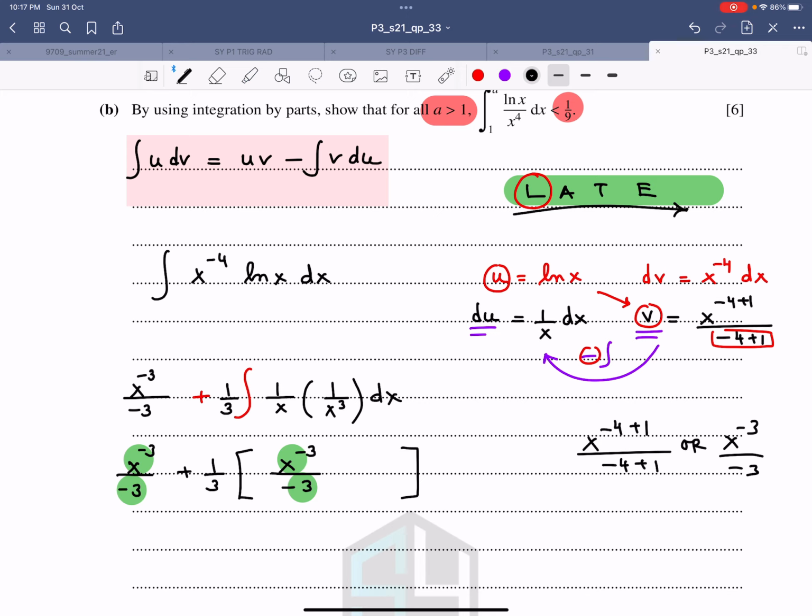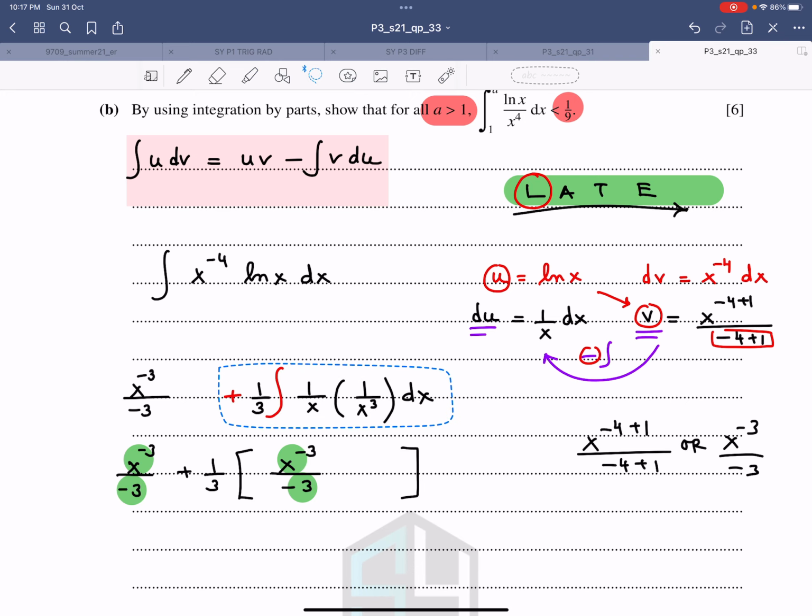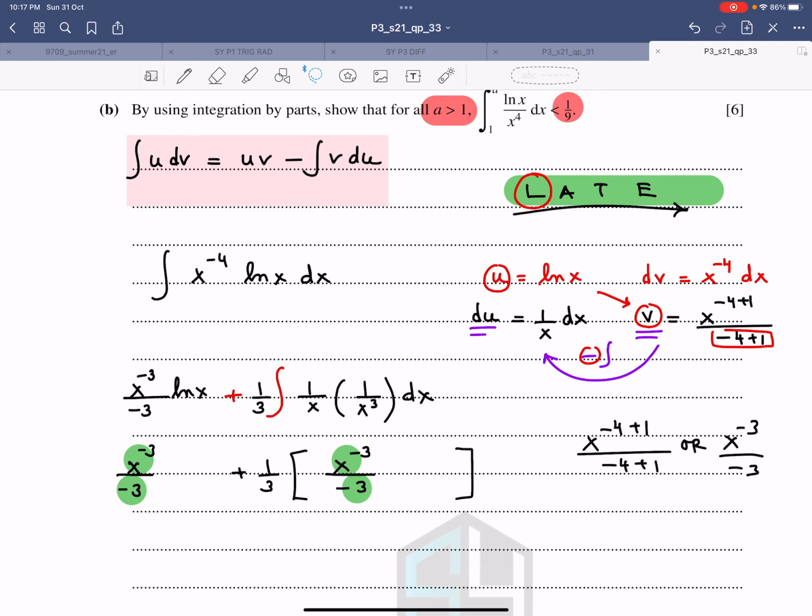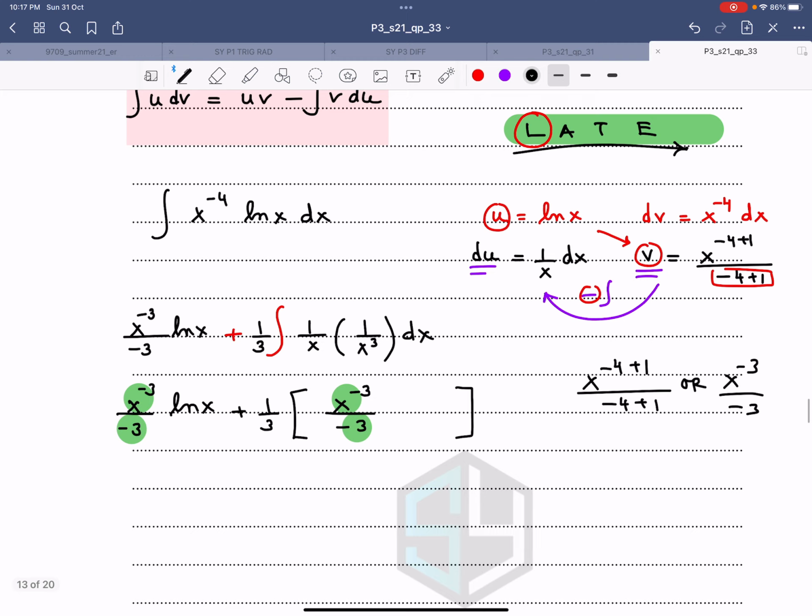So let me just shift it a bit. And that is what happens when you are doing the recording and you are also solving a question. So therefore, this one is ln x. This one again, let me shift it to the corner. So this one is ln x, like this. Now I can take the green things common. So therefore, x raised to power of minus 3 divided by minus 3, this is ln x plus 1/3. This is what you get.